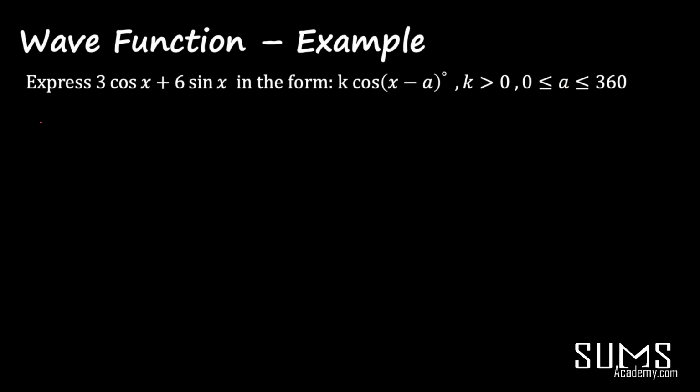Well, first off, we want to expand our expression. So k cos(x minus a) is equal to k cos x cos alpha plus k sin x sin alpha. All right, and then we want to be thinking about our coefficients. So 6 sin x,